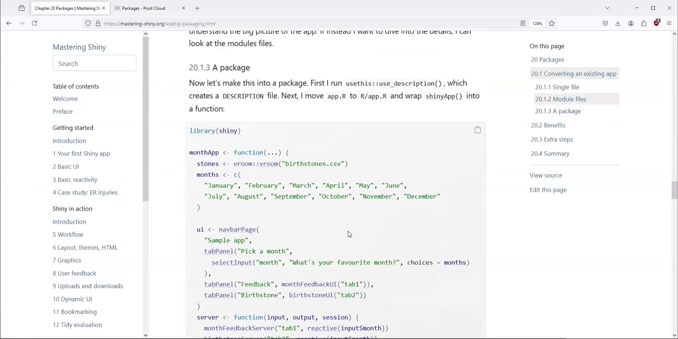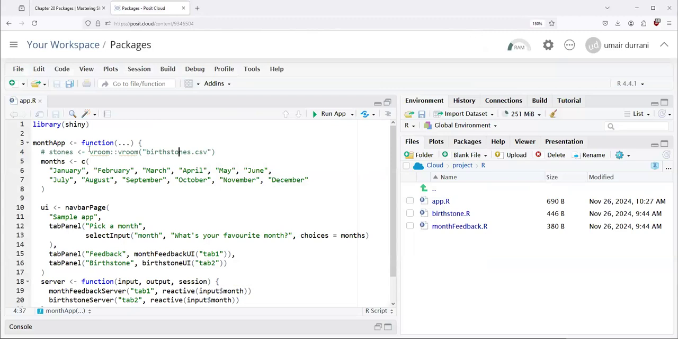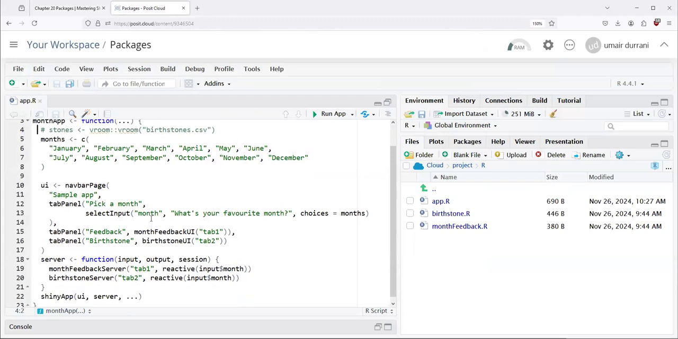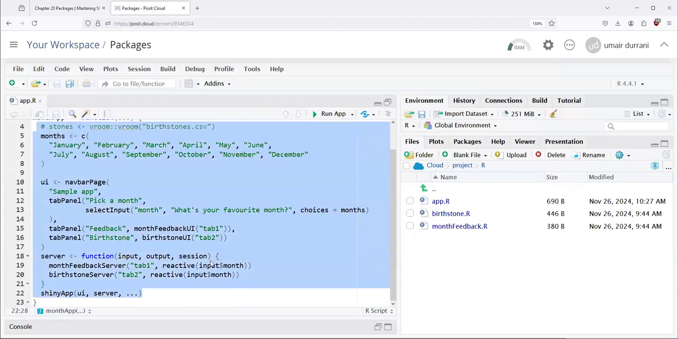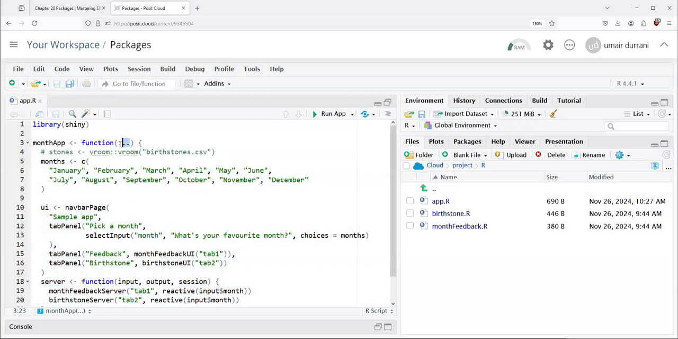But as will be clear later, we need to convert or wrap this code for the app.r inside a function, which in this case we call month app, because then we can run month app for development as well. So that's exactly what we do here. We have all the code as before. There's no difference there, but we wrap it inside a function. We name it month app, and the function arguments are the three dots,